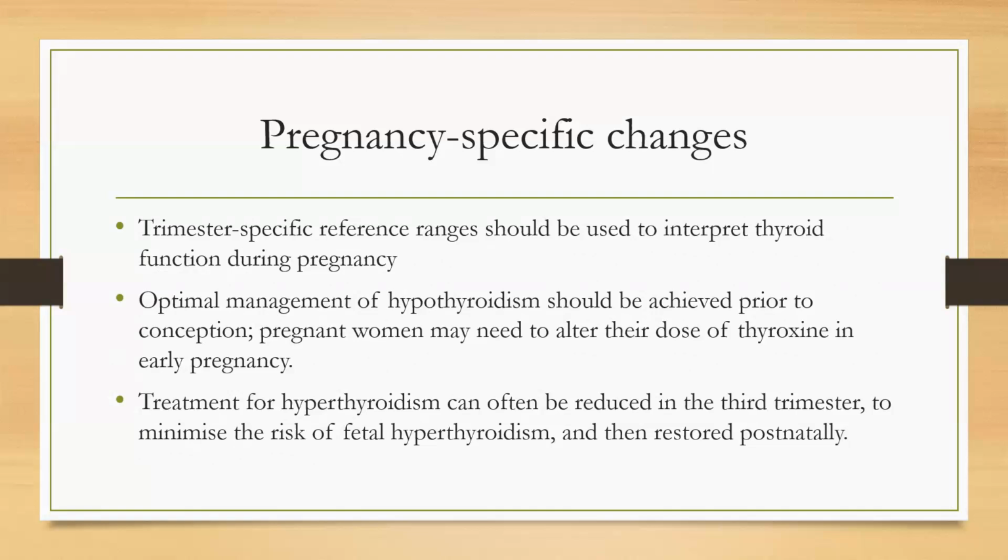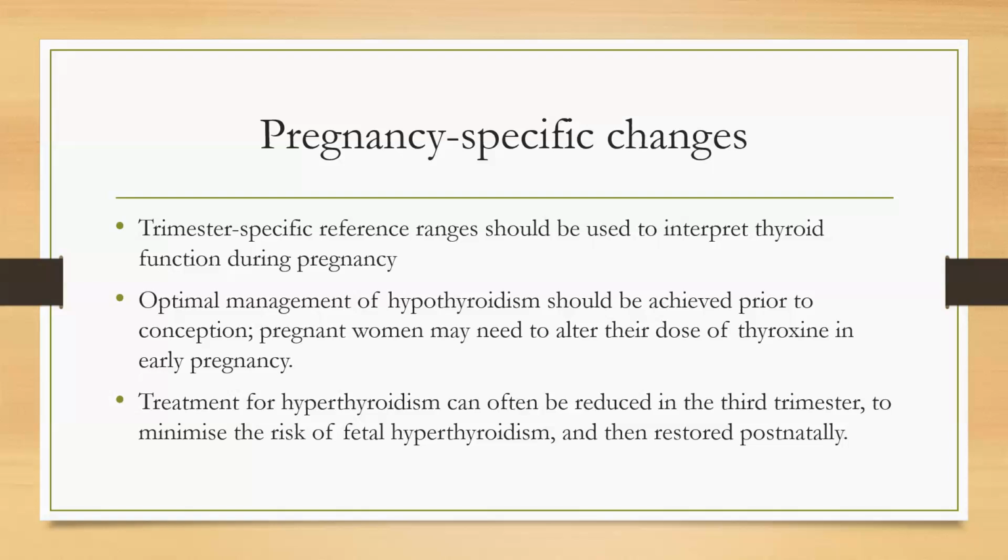If the condition is not well controlled, then the patient should continue contraception until optimal health is restored. And then we will tell the patient to take folic acid. We will tell the patient what it means to get pregnant with this condition, and how the pregnancy will affect the condition, and how the condition will affect the pregnancy. And we will tell the patient about the antenatal care specific to that condition, so that the patient is prepared for what to do.